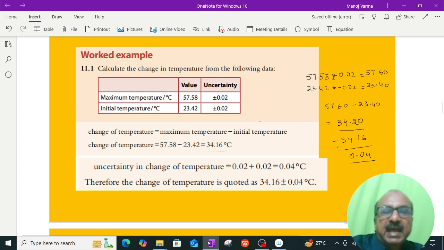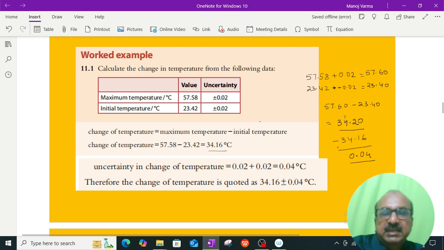57.58, but because of the error, it was actually 57.60. I've added 0.02, so that means the real temperature was 57.60. And then I have subtracted a value of 0.02 from 23.42, considering that this could also have been recorded. So now what I did is subtract the two values I got by the addition of 0.02 and the subtraction of 0.02, to consider the two limits, and therefore I got 34.20 as the difference of the